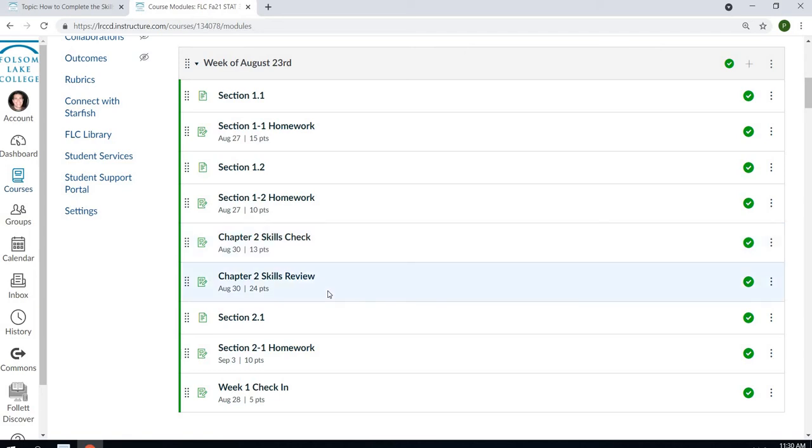If it feels like you're lacking one of the skills, it creates some homework problems in the Chapter 2 skills review for you to do. So it's not going to be 24 problems necessarily. In fact, it should be dramatically less, depending upon how you do on the skills check. When you're ready to do the skills check, let me show you what that's like. You're going to click on the skills check,